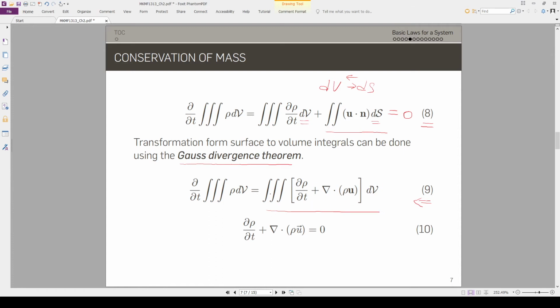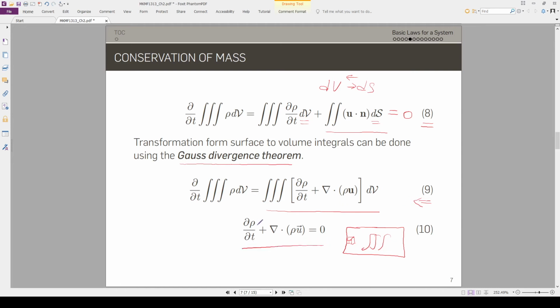So when we are dealing with a volume integral, if we are discretizing, we initially have a big system to solve. But if we solve it by considering a small control volume and integrate over the whole control volume, then this integral term can be diminished. So what is left is the term contained in the square bracket in equation number 9,